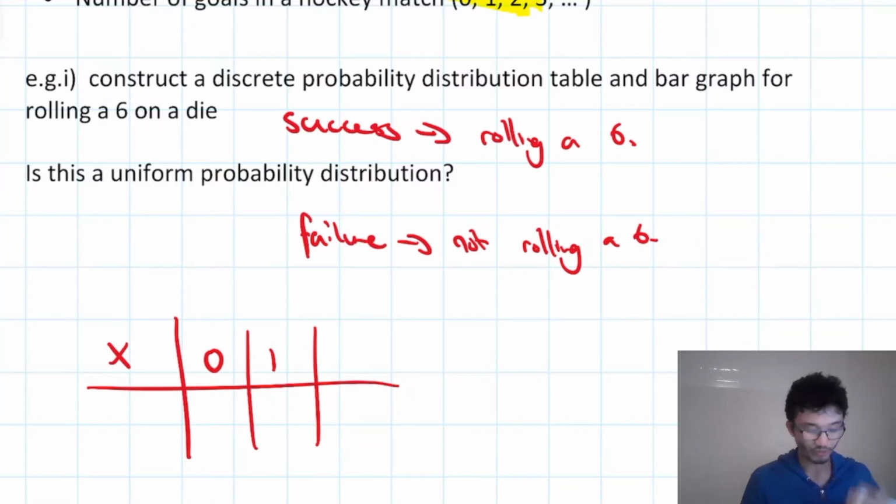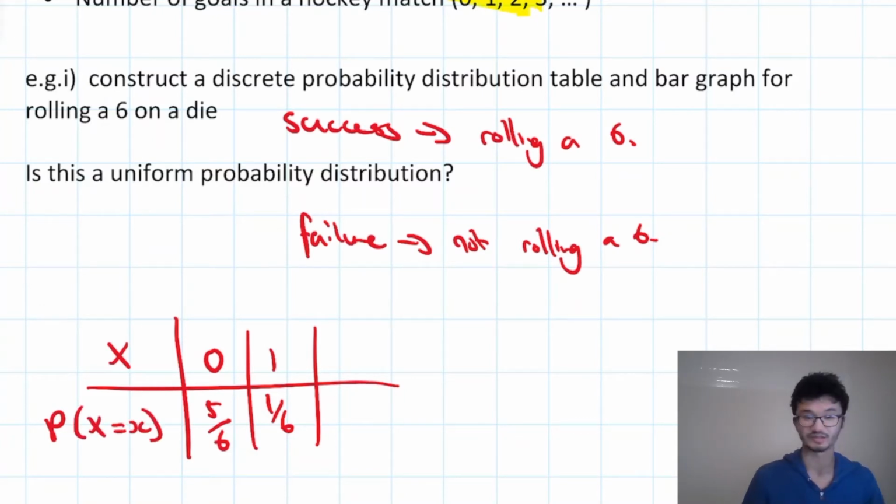What is the failure? Not rolling a 6, right? So what's the probability, the chance that it occurs? Well, that's 5 on 6. And the chance that I get a success, the chance that I roll a 6, that's 1 on 6. Now, the notation for the probability, if you remember back again from the discrete topic, looks something like this, right? This is just basically saying what's the chance of the probability of these particular outcomes, right? So that's the probability distribution table.